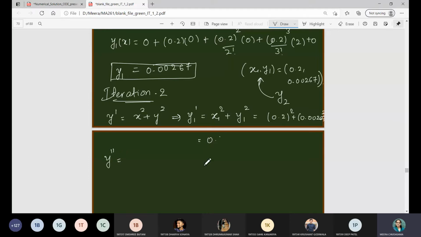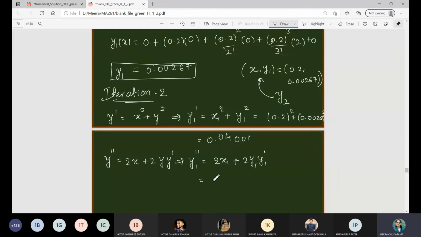वो बाद वाली क्वांटिटी में 0.00 है डेसिमल पॉइंट के बाद, तो that will affect after 4 decimal places. 0.04. ओके, एक्चुअली आप इसके बाद भी देखने जाओगे ना तो ये क्वांटिटी होगी. y double dash we have computed as 2x plus 2y dash. तो what is y1 double dash? तो it is same as 2x1 plus